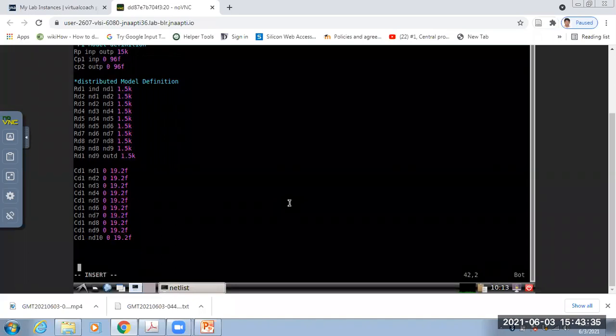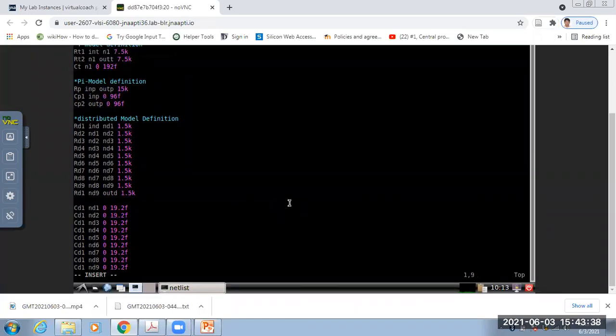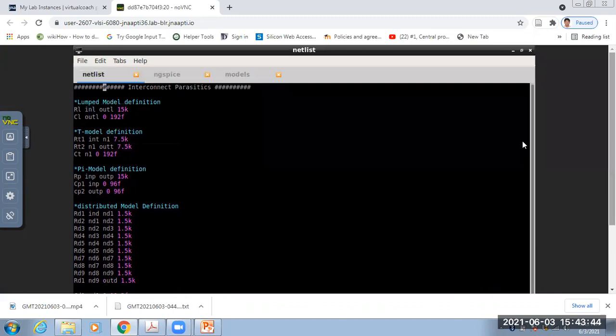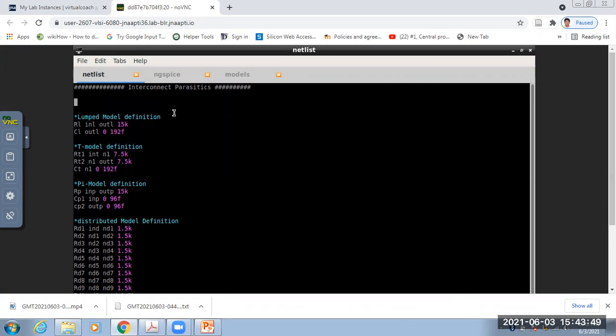Okay, so we have defined that for every stage. Now we'll define the source. We'll give a pulse at the input. Source definition: pulse input.